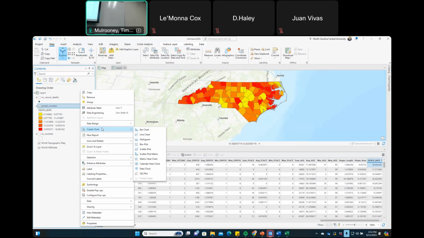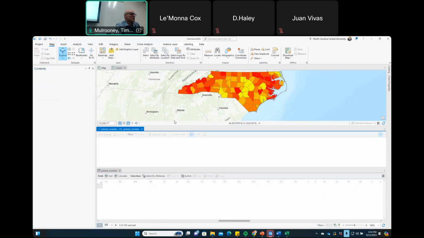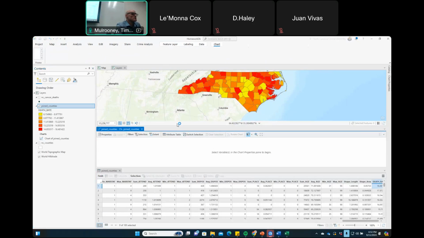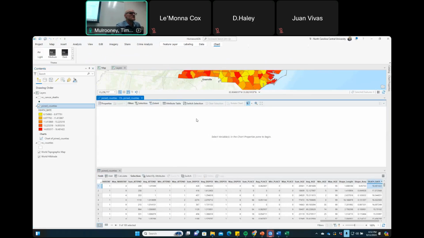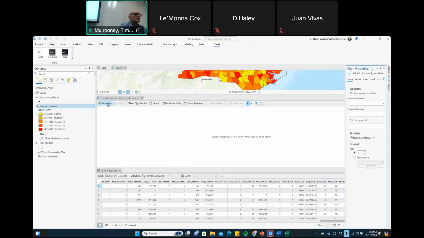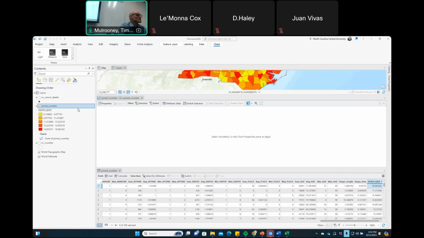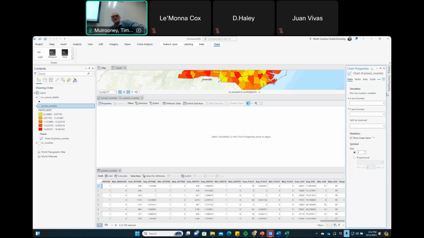Scatter plot matrix. These are all different ways that you can visualize your data. So obviously we got maps here. We can visualize our data, but we have other ways to visualize them. So I'm going to right mouse click and I'm going to click on scatter plot. Scatter plot, for the most part, we are going to graph one variable versus the next. And so I got to remember how I did this before. Okay. So we're going to click on properties. And then what's the X and what's the Y?